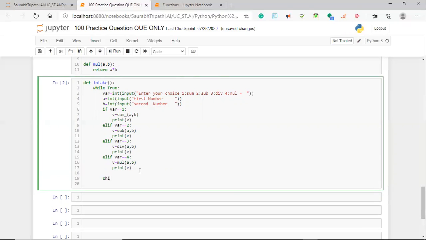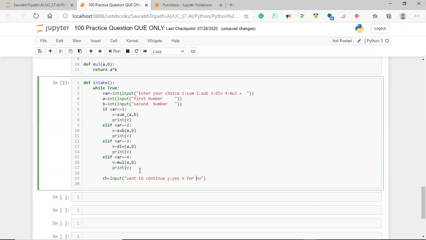So choice, let me make it ch, no issue with that, and we take the input, want to continue. Y for yes, and n for no.